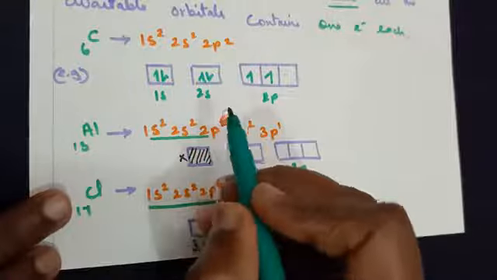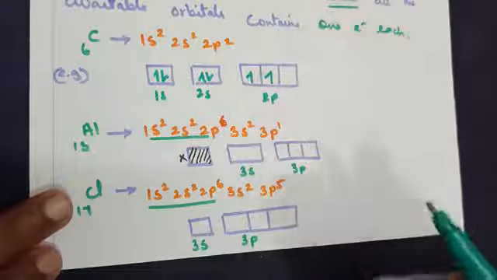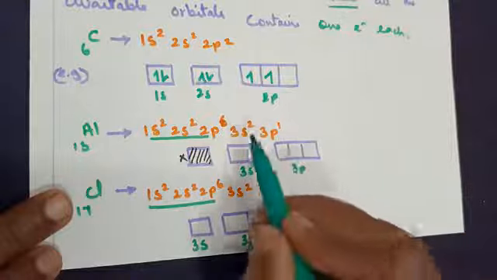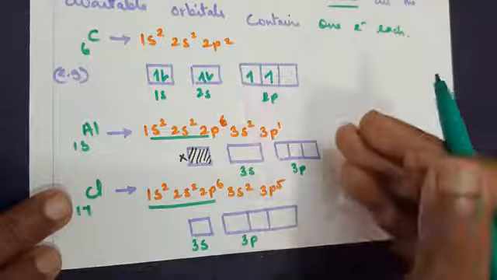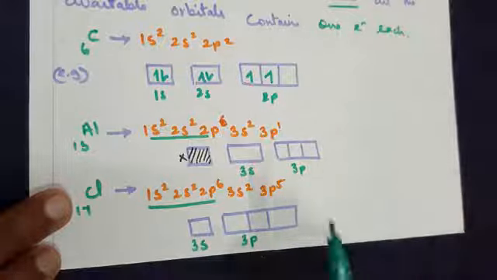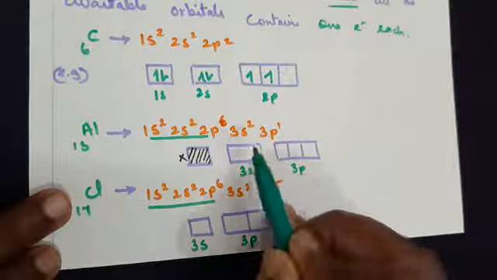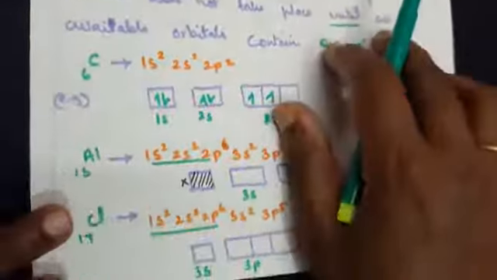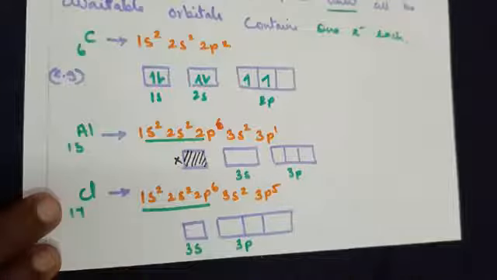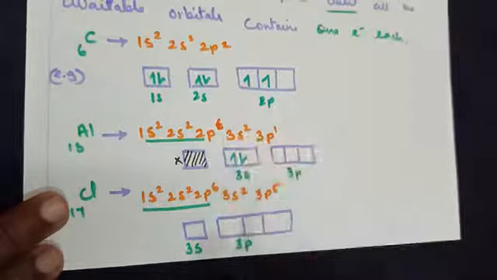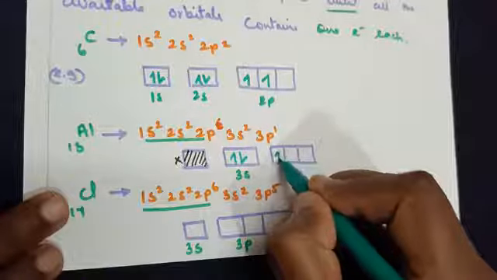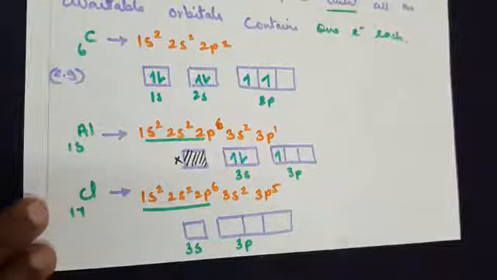When we say reactions, either donating of electrons or accepting of electrons, that takes place where they are running short of electrons. There's something called the octet rule. I'll explain that to you in the next class. Right now I'm talking about this pairing of electrons in terms of Hund's rule of maximum multiplicity. 3s2 and 3p1. So the 3s orbital has 2 electrons, 3p1 only 1 electron. Am I making it clear?